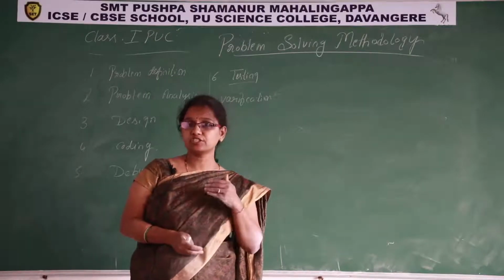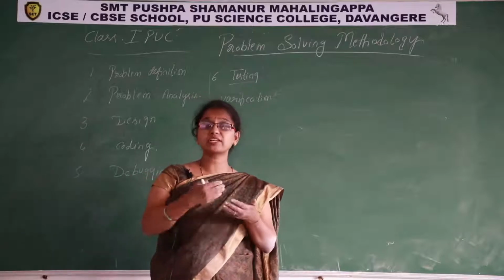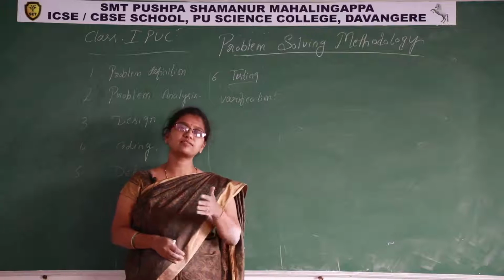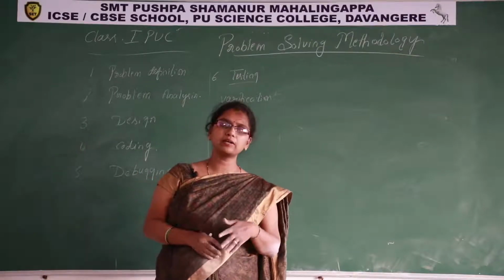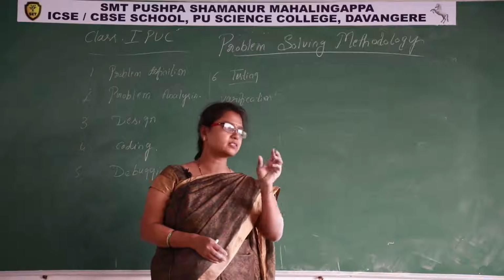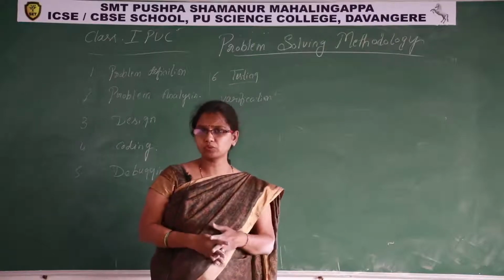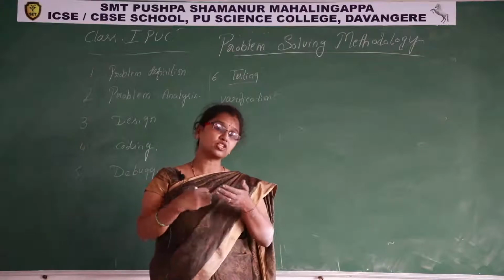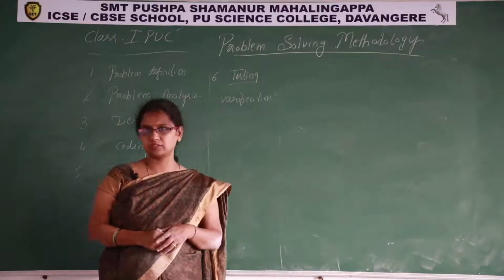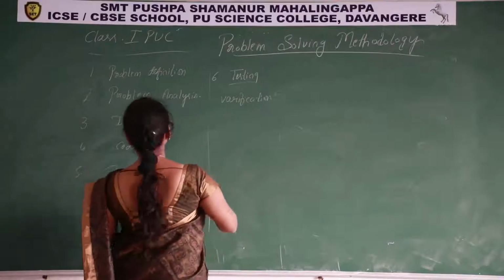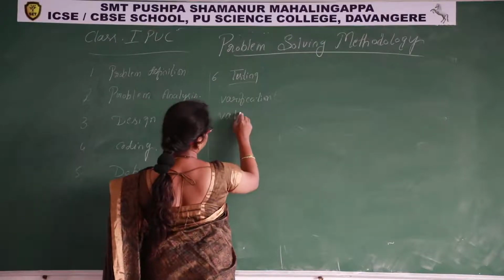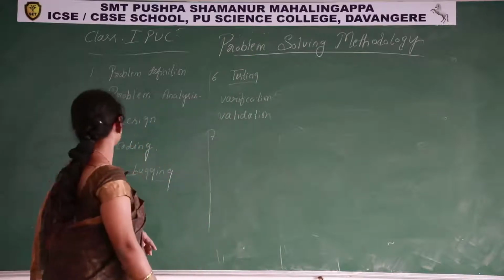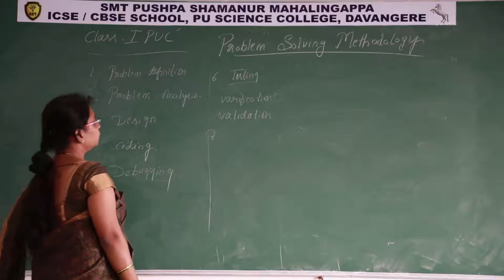So what is a validation rule? Validation means it checks the correctness of input. Verification checks the correctness of output. If you give a wrong email ID or wrong password, and the password has a standard format, if you violate that rule, then it won't accept it. It shows a message. That checking process, we call validation. Understood? Next, now documentation.